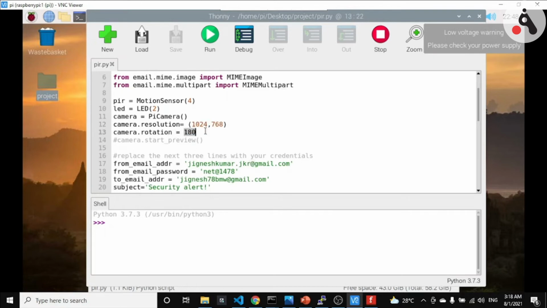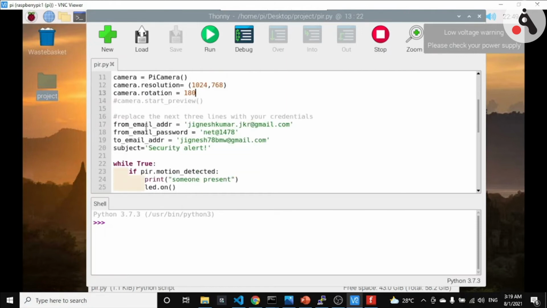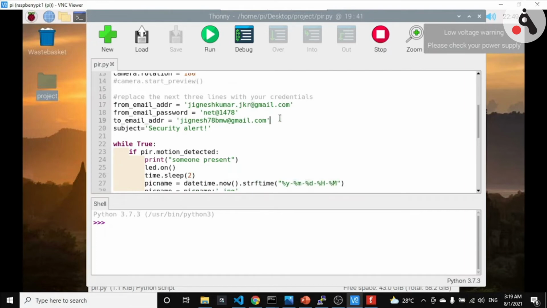What this means is basically we are rotating our camera by 180 degrees. This is a very important step, because if you haven't adjusted it properly, it will give you the image upside down. So this is an important step here.